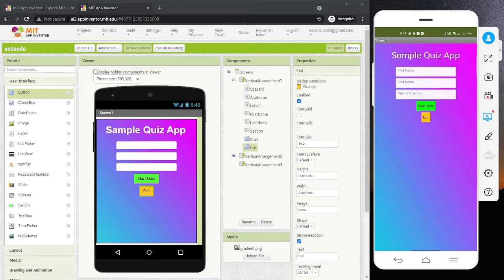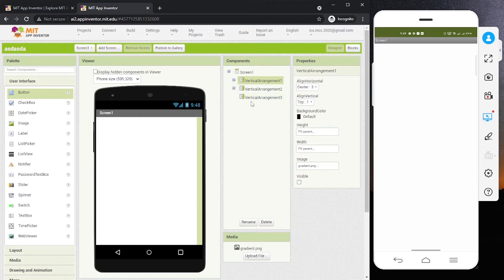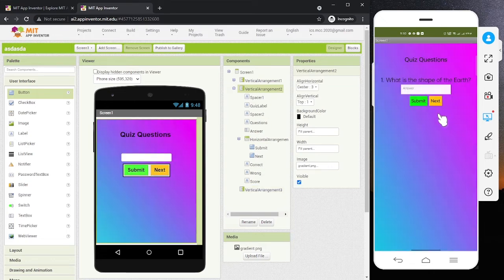Okay? So, what's next? So, ang gagawin natin ngayon for this particular example, tatago ko muna yung ating vertical arrangement one. Okay, so I could be able to proceed dito sa ating vertical arrangement 2. So, ano ngayon ang laman ng ating vertical arrangement 2? For the vertical arrangement 2, simple lang naman yung ilalagay natin dito. Yung kanina, halimbawa, eto, ayan. Yung dito sa part na to, napakita natin yung score dito, di ba? Ililipat ko siya dun sa